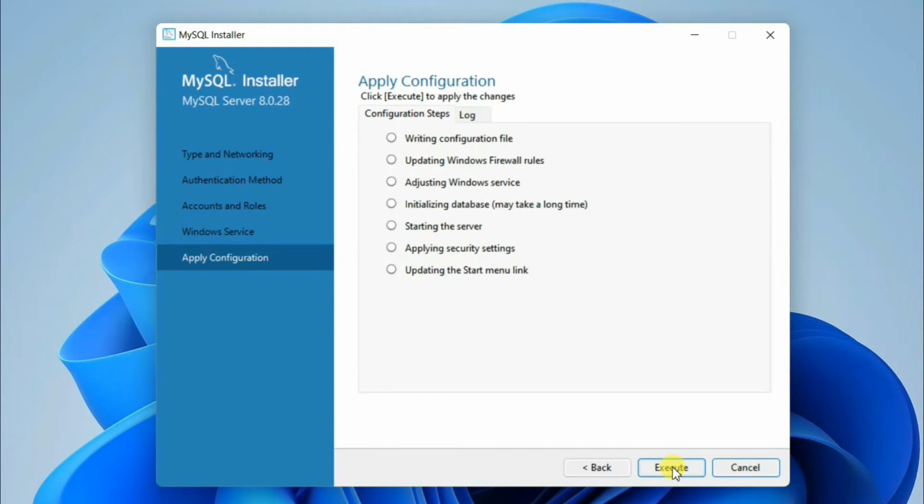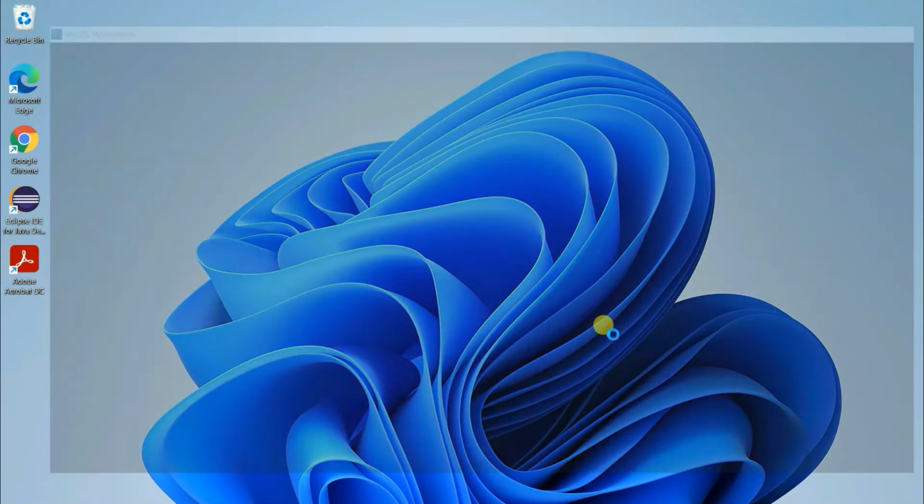So you need to just simply click on execute, and what it will do is it is going to start executing each and every step. So this is going to take some time, maybe a couple of minutes. So what I'll be doing is I'll be coming back right after completion of this process. Yeah, so we'll come back, and now you can see that our MySQL server has rightly configured. So just simply click on finish, and